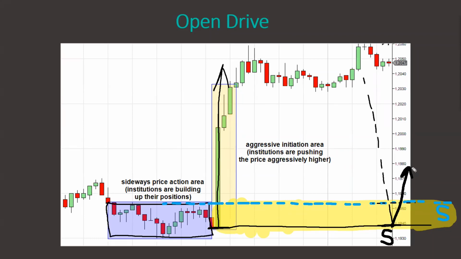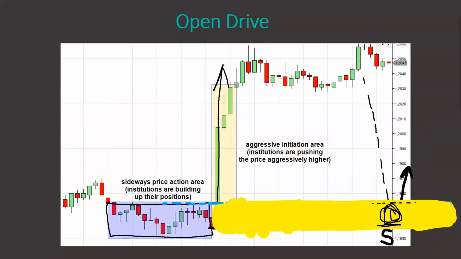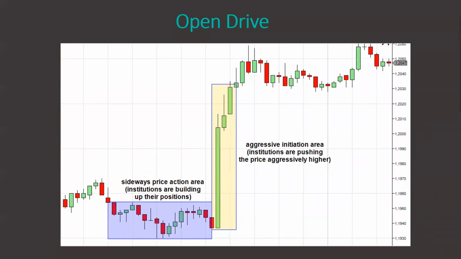Now, what you could do is you could just mark this support, this whole area in your chart. And if you have order flow, then you can wait for a confirmation on order flow, confirmation of big trading institutions jumping in and starting to go long from there. But if you don't have the order flow, then what you simply could do is just, oh, I need to draw it again.